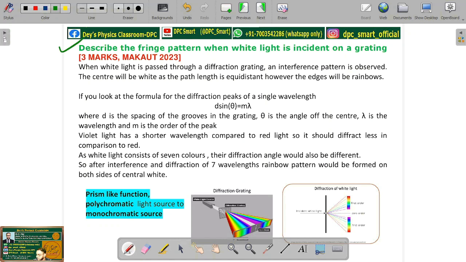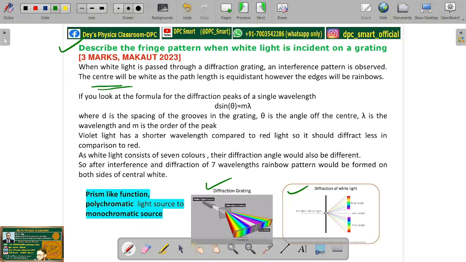The question was, describe the fringe pattern when white light is incident on a grating. Now, when white light is passing through a grating or diffraction grating, there will be an interference pattern produced and also the diffraction pattern. So together, interference and diffraction patterns will be produced as a resultant spectrum on the screen,